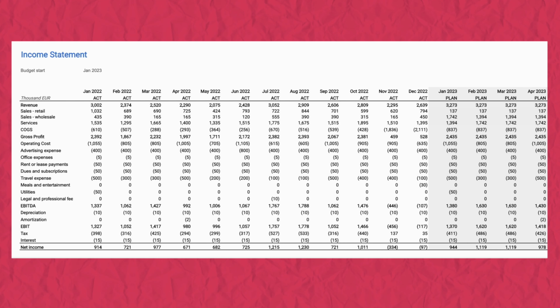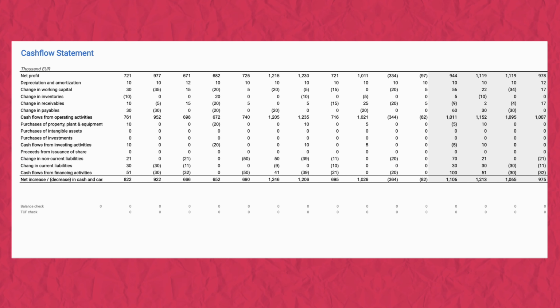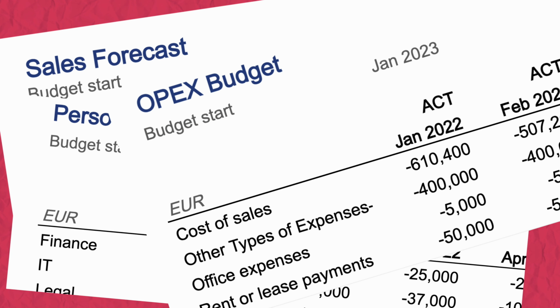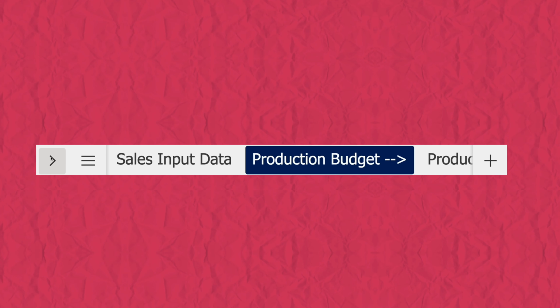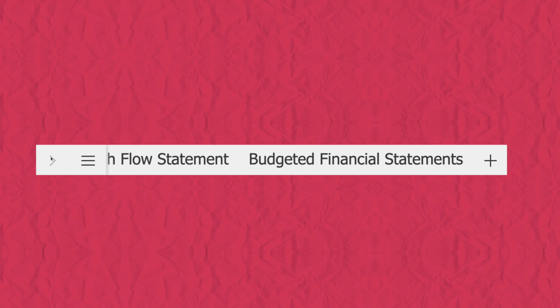Financial planning requires preparing and aligning data from different source systems and departments, such as sales, HR, operations, and so on. If we use Excel alone for this process, it can quickly become very chaotic and non-transparent. In the end, we might end up with a very big file with many tabs, which becomes hard to maintain and error-prone. In today's video, I'll show you how Casetak can reduce this complexity and save you hours of manual